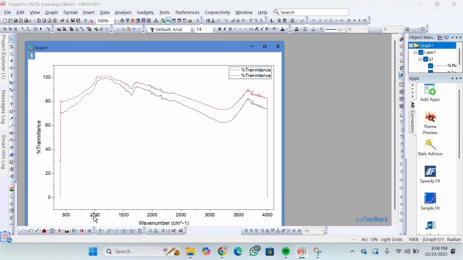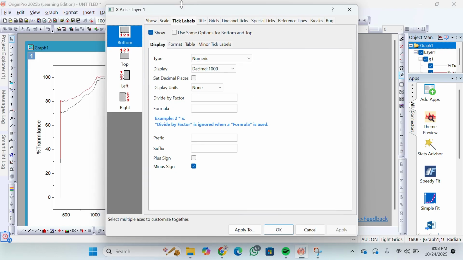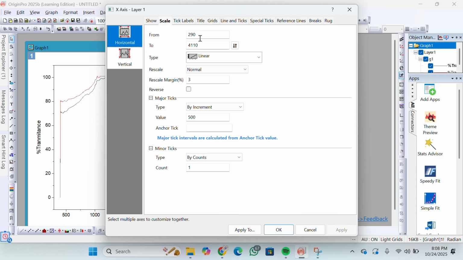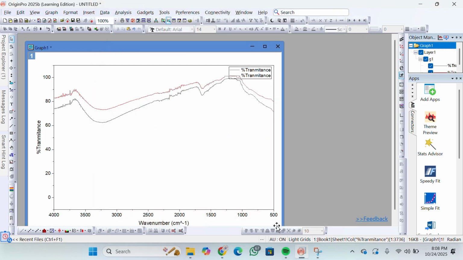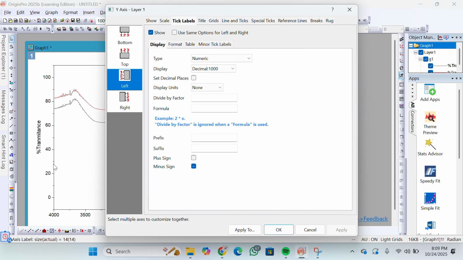And I want to change the scale. We have to reverse from big scale to small scale, 4,000 to 500. Then in a vertical also, I want to get a sharp